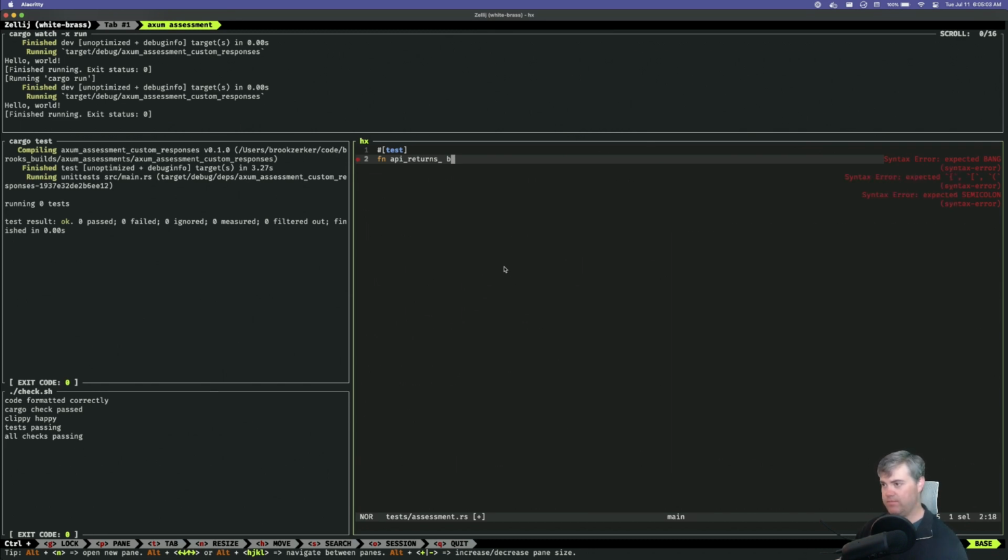So API returns standard code text. Ooh, and then these need to be, before I give a response code, this needs to be not just test, this needs to be a Tokio test because we are doing a lot of async stuff and I don't want to have to do anything else.